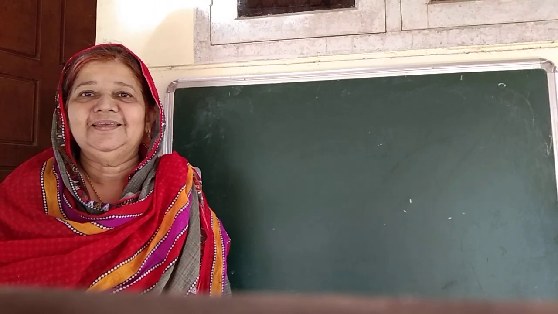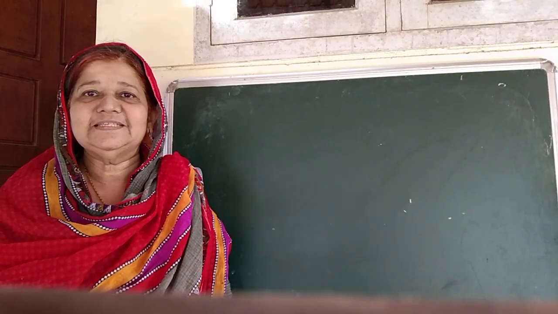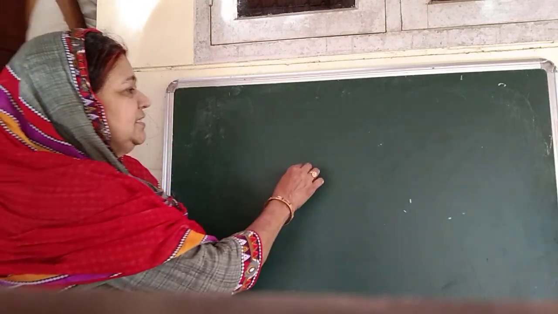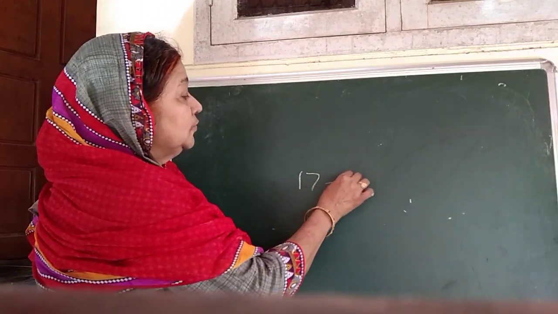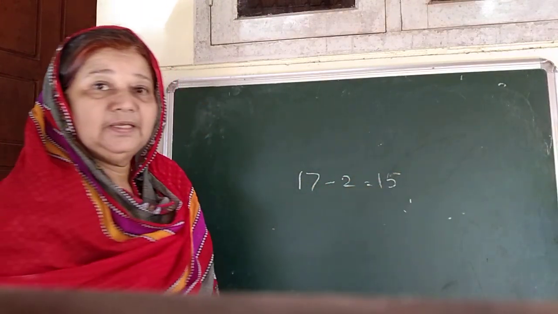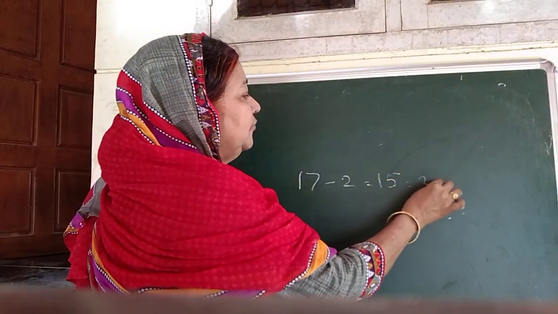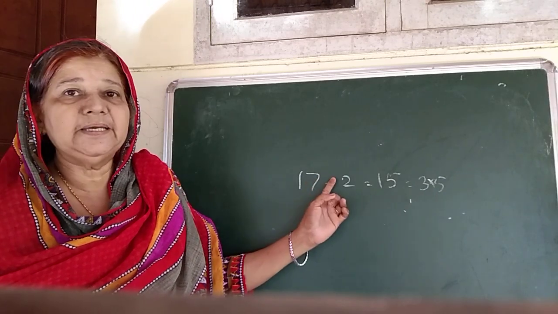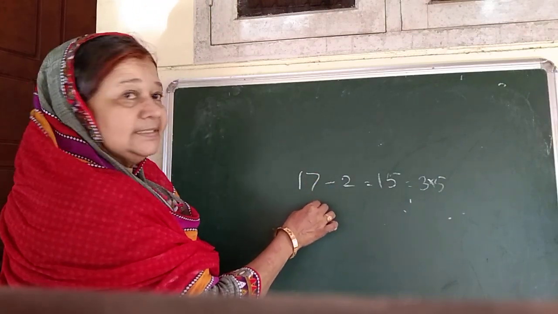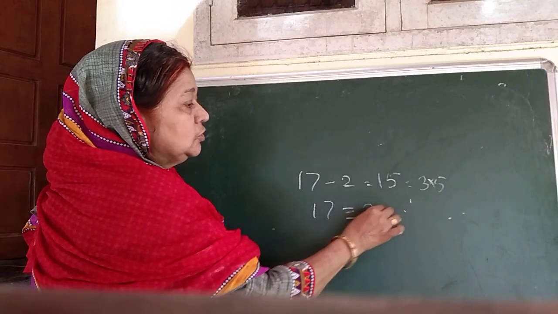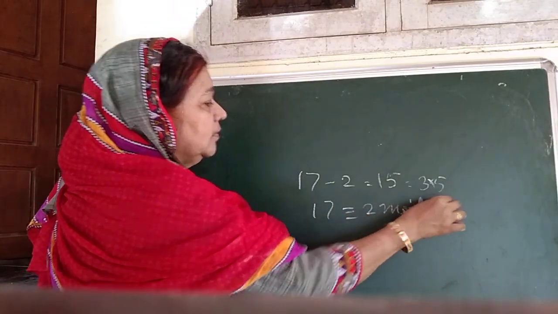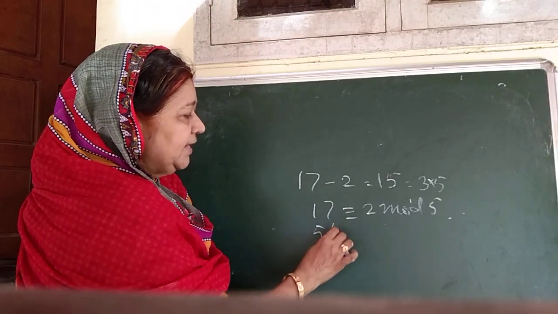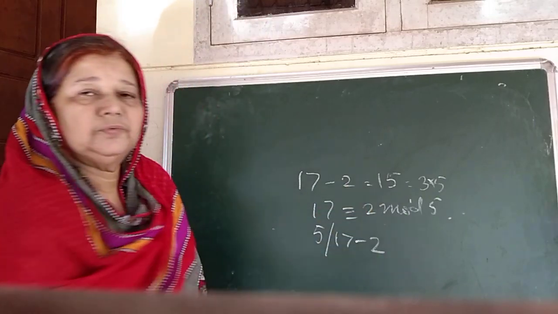Good morning. Let us discuss congruency, which is the third module in analytic number theory. We all know 17 minus 2 equals 15. That is equal to 3 into 5. Therefore, 5 is a divisor of 17 minus 2, or we can say that 17 is congruent to 2 mod 5. Or we can write 5 divides 17 minus 2.